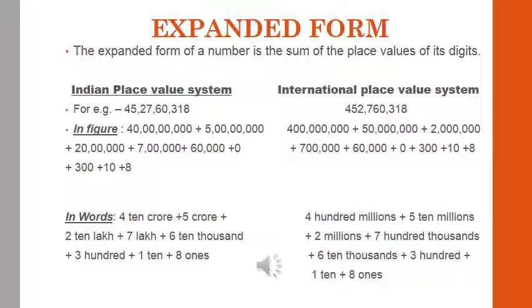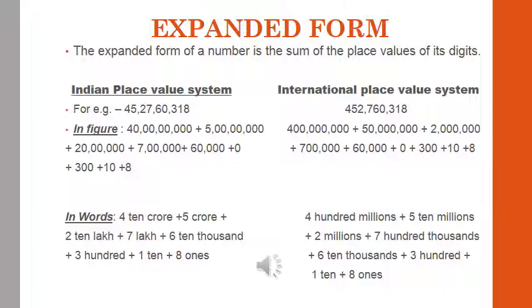And if you talk about in words, में अगर आप देखेंगे तो वर्ड्स में what I have done, पहले आपका था 40 करोड़, so I have written 10 करोड़, because जो 4 है आपका 10 करोड़ की प्लेस पे है. अब ये देखिए 4 जो है वो कौन सी प्लेस पे है, 10 करोड़, क्योंकि 45 आपका करोड़ पीरियड में है और उस पीरियड में आपकी दो प्लेसेस है, that is करोड़ and 10 करोड़. So 4 आपका 10 करोड़ प्लेस पे है, so we'll be writing 4 10 करोड़, then will be putting plus